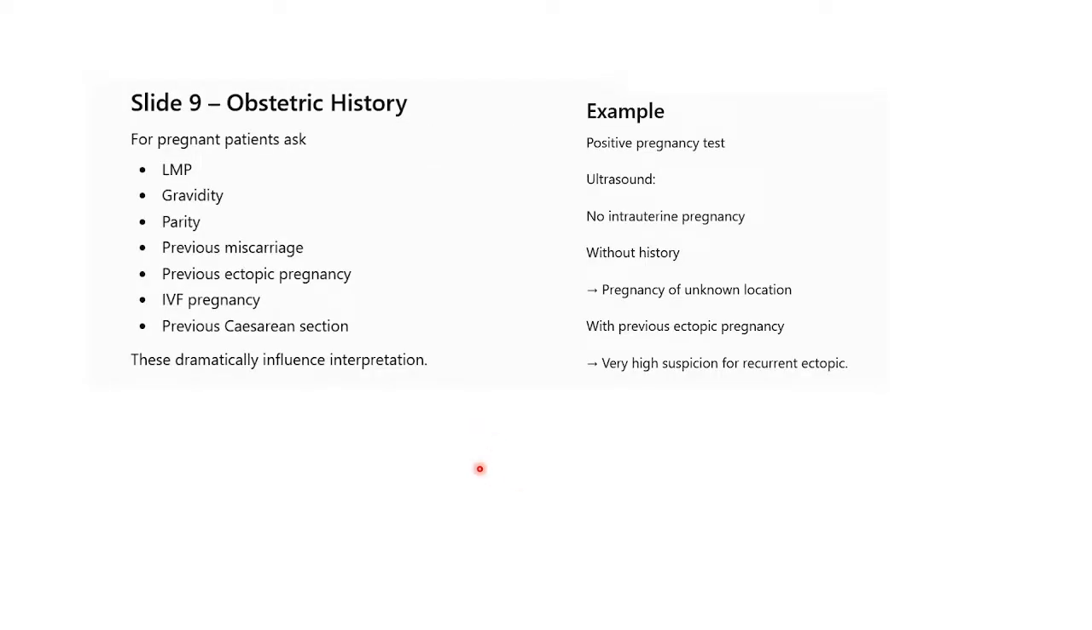So obstetric history, for a pregnant patient, ask the LMP, gravidity, parity, previous miscarriage, previous ectopic pregnancy, IVF pregnancy, previous cesarean section. These dramatically influence interpretation. So the example, positive pregnancy test, ultrasound, no intrauterine pregnancy, without history, pregnancy of unknown location, with the previous ectopic pregnancy, very high suspicion for recurrent